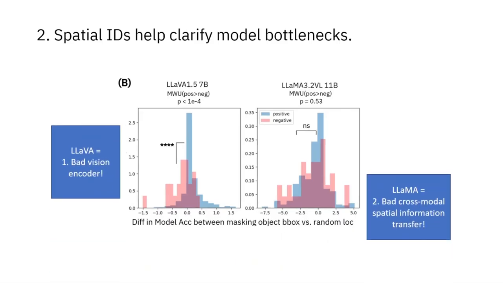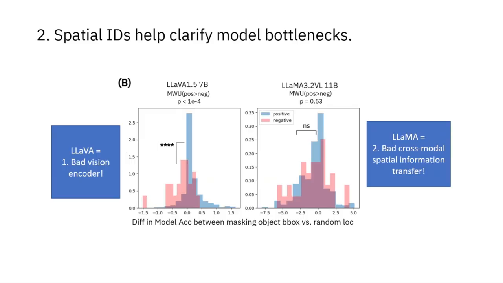So in this particular case study, we can conclude that for LLaVA, the vision encoder is likely to have failed at object detection in the cases where the models failed. But for Llama, the vision encoder didn't fail in the wrong cases, so the issue must lie in the cross-modal integration of IDs, since the model does know how to use IDs correctly at inference.